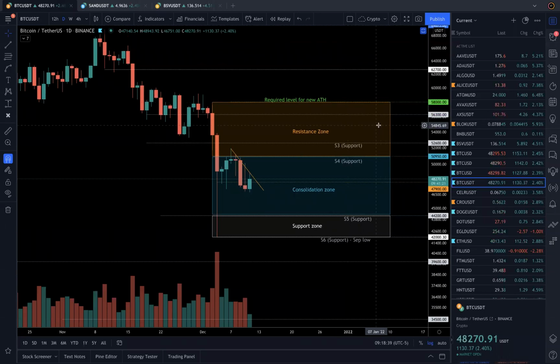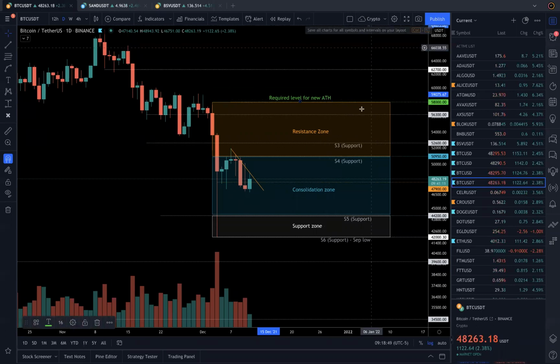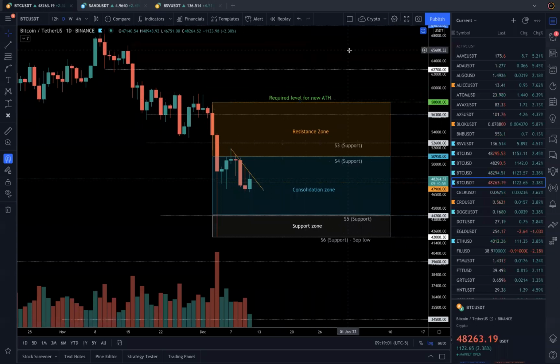58k is a must-have requirement, but if it is able to reach here, the probability of going down is lesser. It's not that it will, but as I said, with each and every resistance, the probability of going down reduces, right? But this is where the probability of making a new all-time high is highest. The measurement is always probability. There is no certainty. It never transitions from good to bad; there are in-between states.